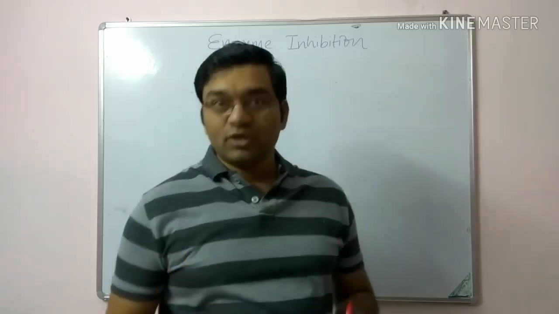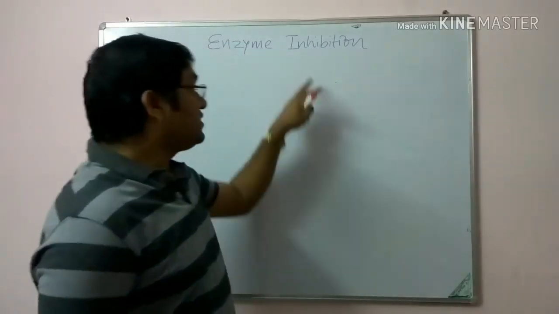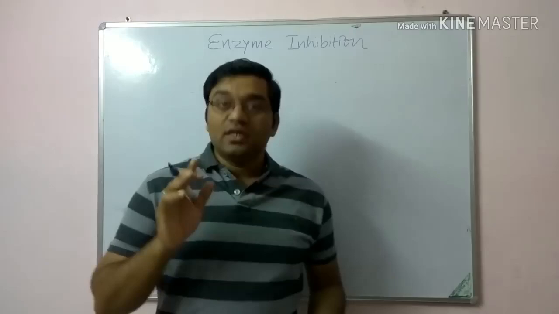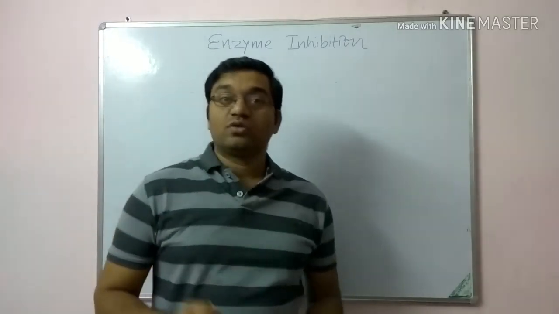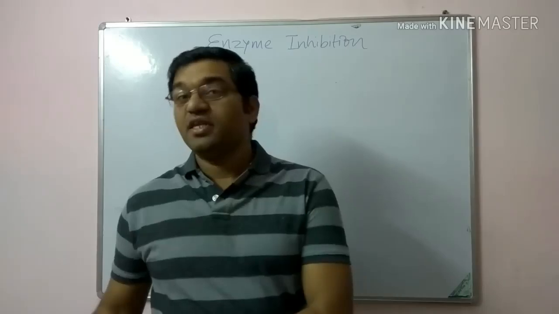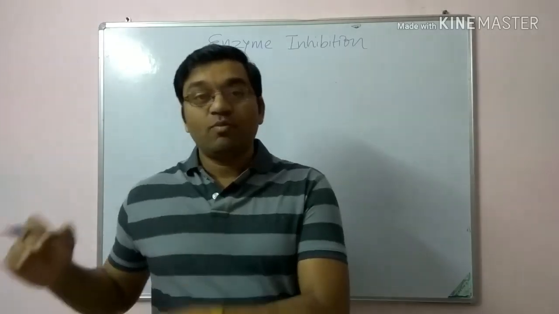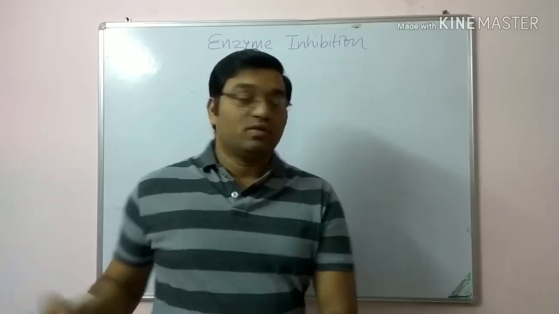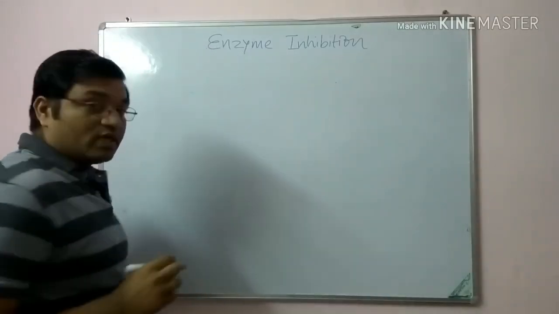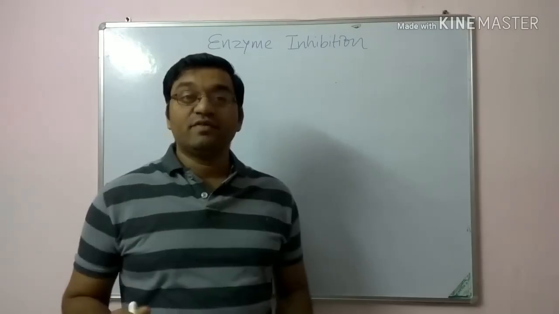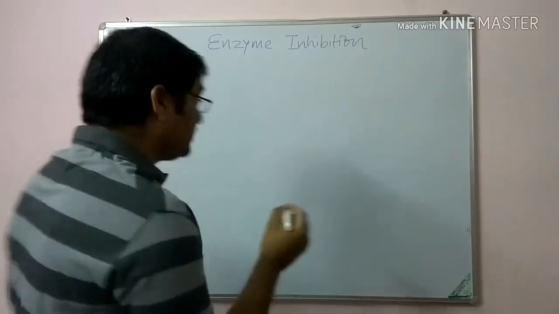Let's discuss an important topic in biochemistry, that is enzyme inhibition. In this topic we will discuss different types of enzyme inhibition and their important examples. For example, enzyme inhibition is divided into two main types, that is